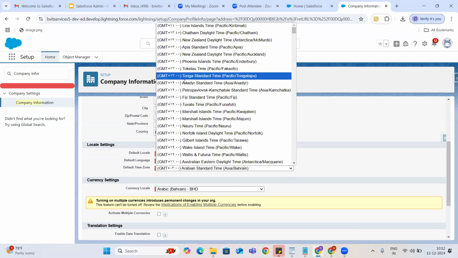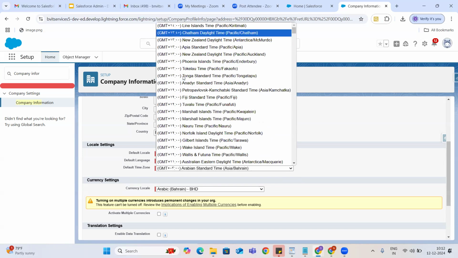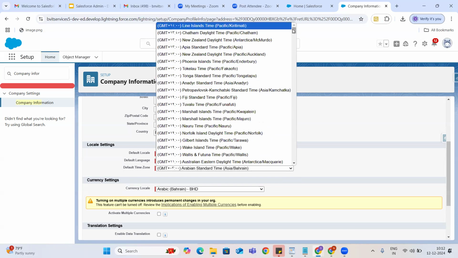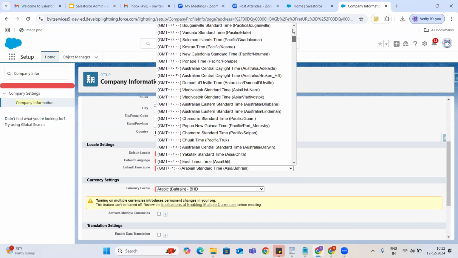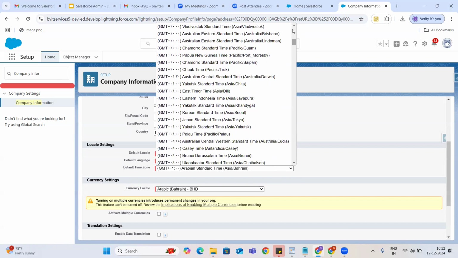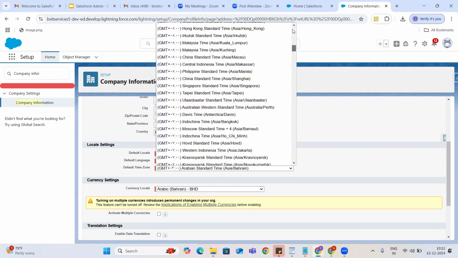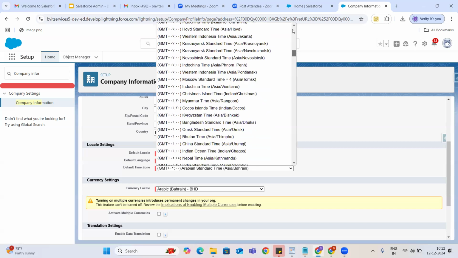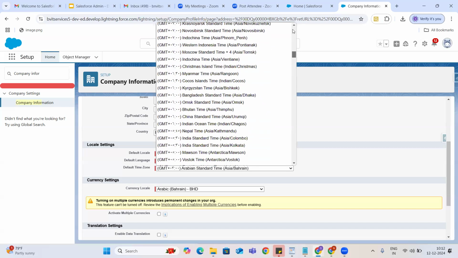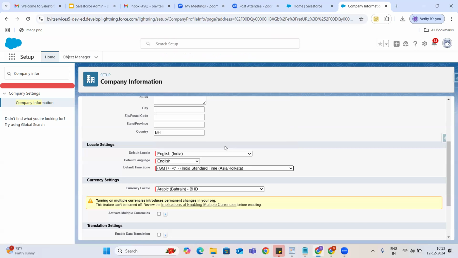See, here is some Chinese language I'm not able to understand, so let me go by names: Indian Standard Time, IST. See, this is ours, Indian Standard Time. Let me change my time zone to Indian Standard Time.